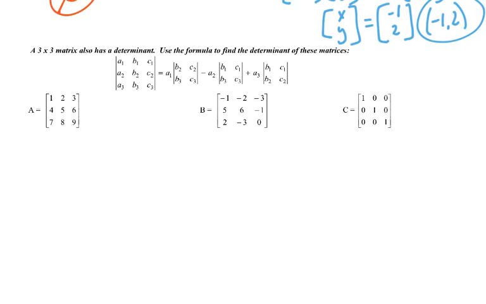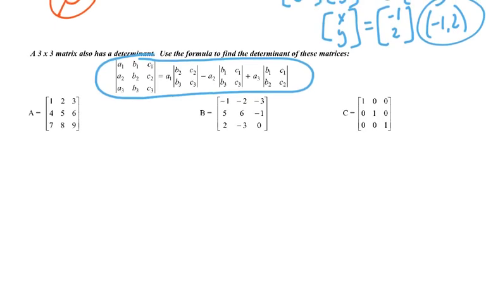You see this crazy formula, right? This is a formula for the determinant of a 3 by 3 matrix, and it's a lot easier than it looks. So you see how the matrix is labeled A1, A2, A3, B1, 2, 3, C1, 2, 3, right? So you can just kind of plug in what you see. So A1 here would be the 1. So it's going to be 1, right? 1